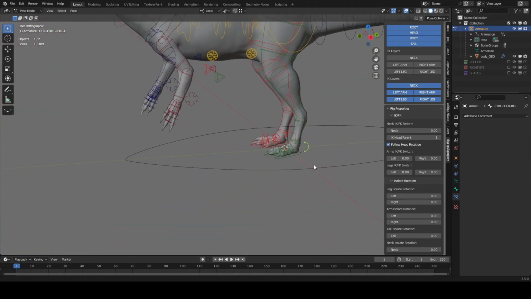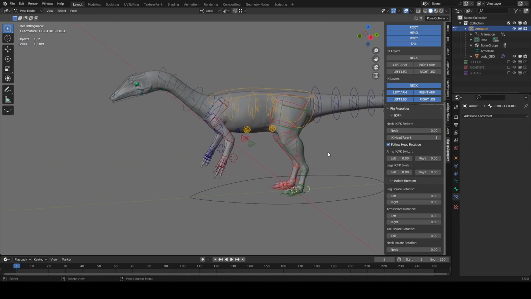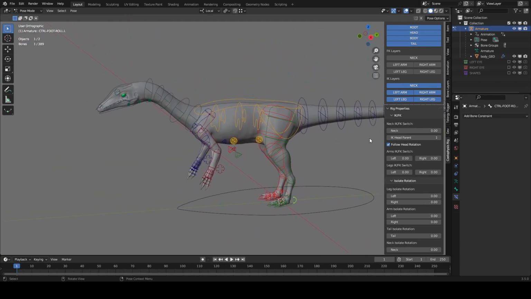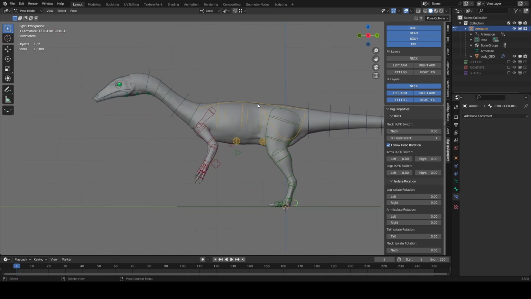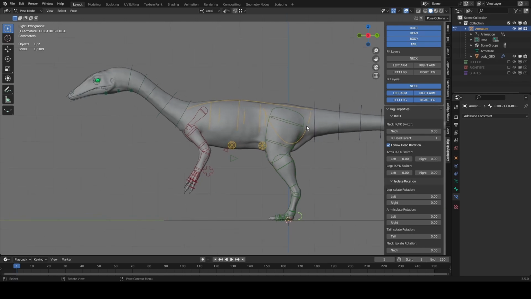And that's basically it for IK FK switching. Now, going down a little bit further, we have these leg isolate rotation. So this one is the isolate rotation panel. Here, as we have 0 for all of them, it actually means that none of the limbs are following the body rotation. So for example, if I bring everyone here to 1, which means I'm bringing all of them to be FK,